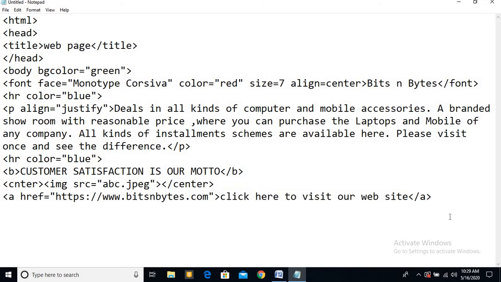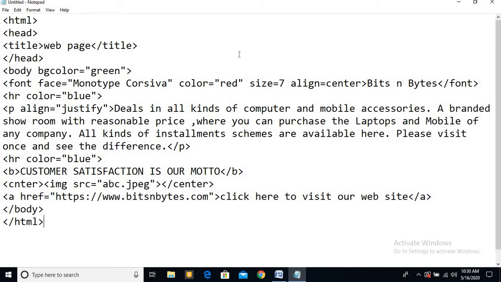Okay, so now our web page is complete, but you see which tag is left for closing. One is the body tag, one is the HTML tag. Now the whole coding of the web page is complete. So I hope this coding is clear to you, but how will you run this?